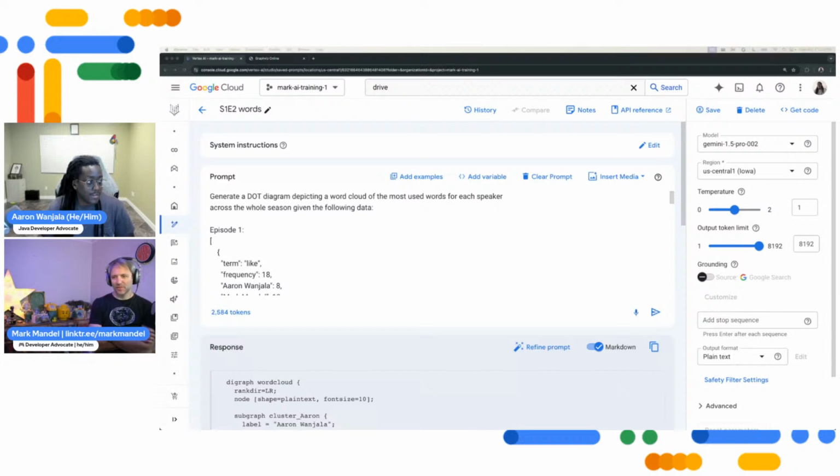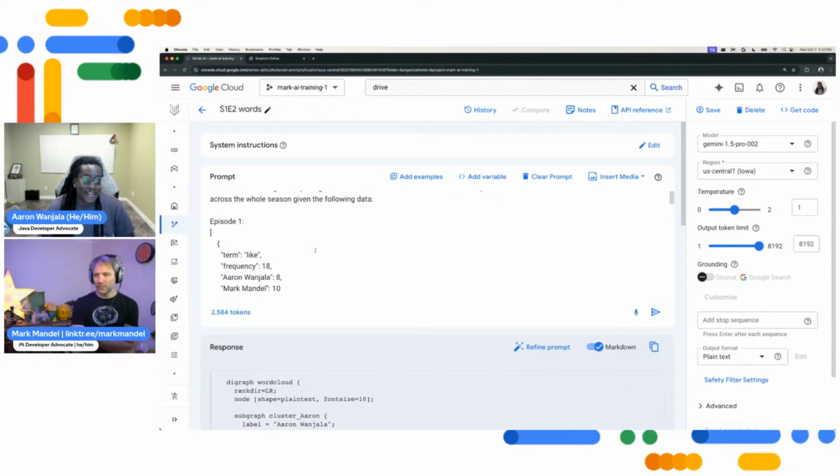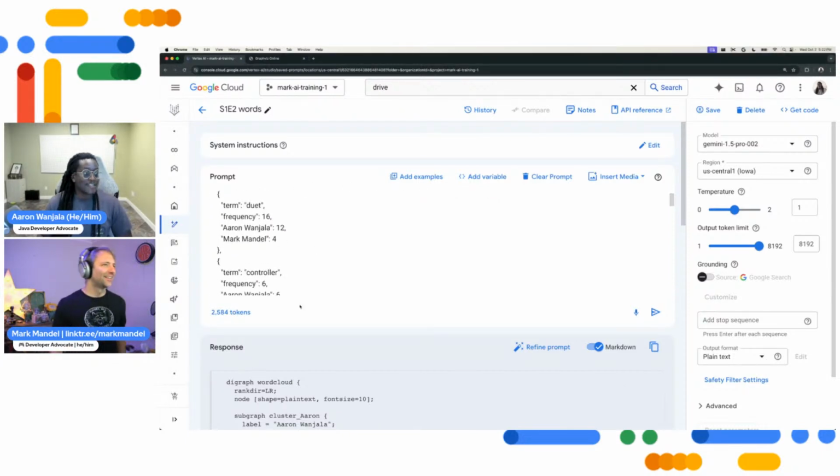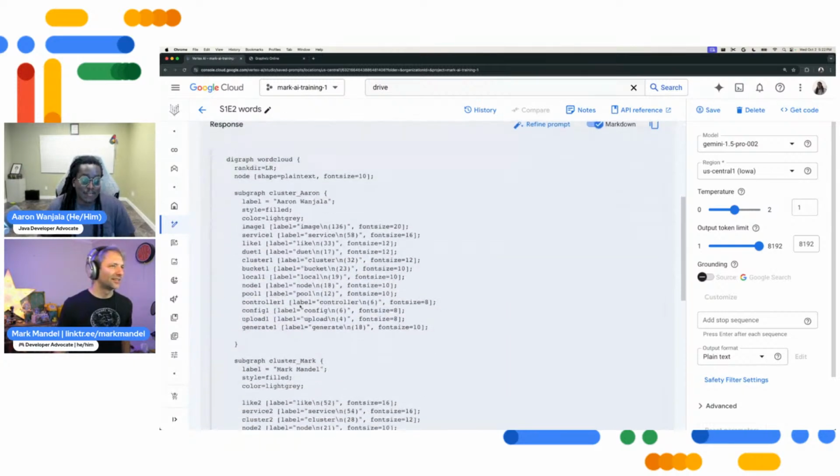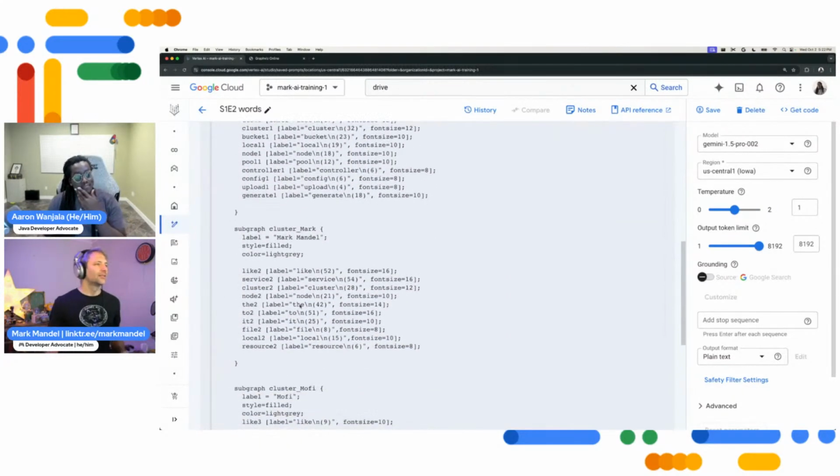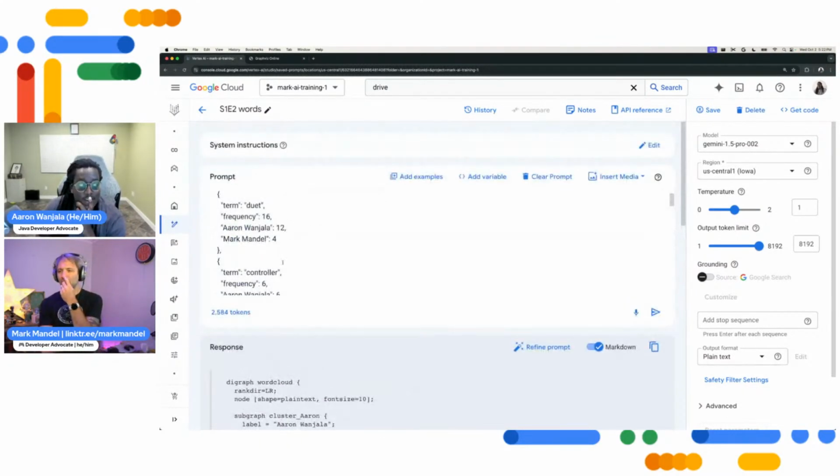I'm just impressed. We're just playing with dots at this point. We are. Yeah, man, that's fun. What can we do with this? Okay, so